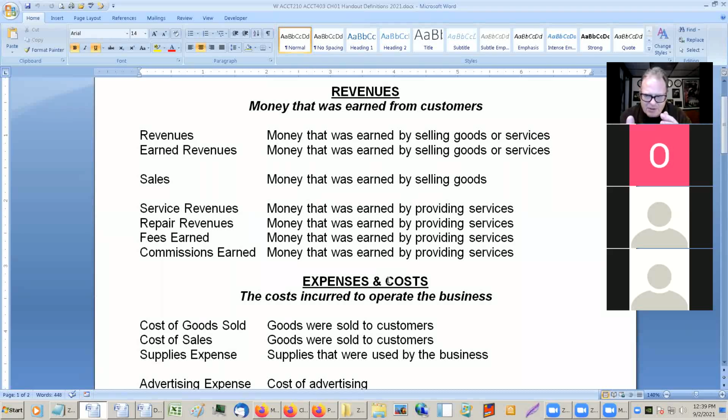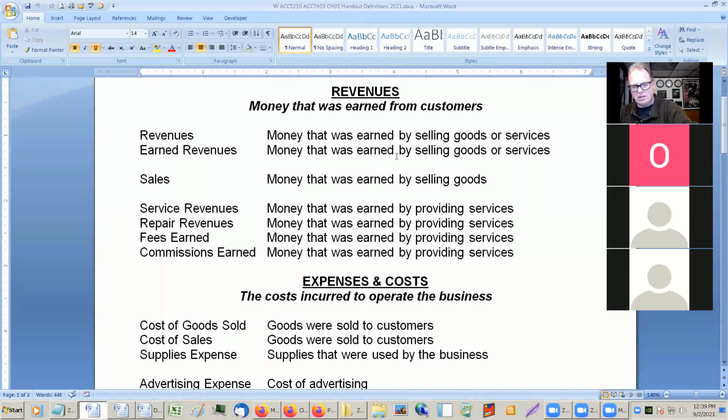So when we talk about these accounts, the accounts themselves are just lists of numbers of what transaction actually happened. What did we actually do? Bought inventory, bought a piece of equipment, sold something, paid a bill. Those are all just things that you're going to write down and keep track of. So these accounts are basically sort of like lists of pluses and minuses. Cash came in, cash went out, that sort of thing.